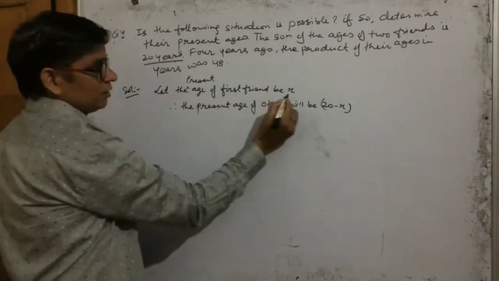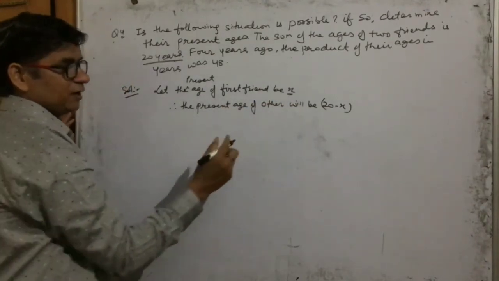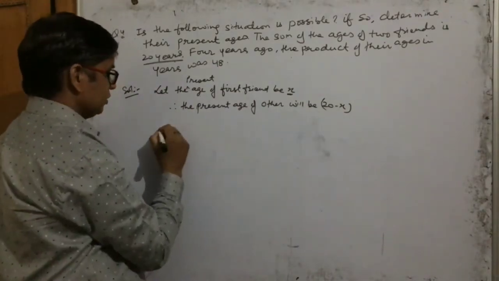So if the age of the first friend is x, then the age of the second friend will be 20 minus x. According to the question,